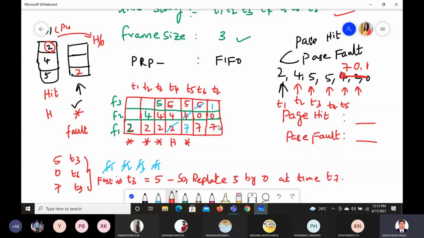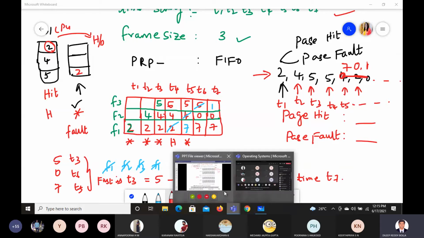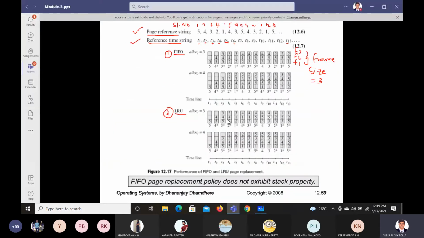Is that clear? Now what we'll do is enhance this string. We'll increase the length of the string, increase the timeline and increase the frame size also, and let us see what will happen. Before that we'll see this example. If you can see this fine, it is good enough, you can try to slightly zoom in at this position. We are trying to see only FIFO. At this location please zoom in and adjust your screen so that it is clearly visible, and we'll see how the algorithm is working. So we are good to go now.